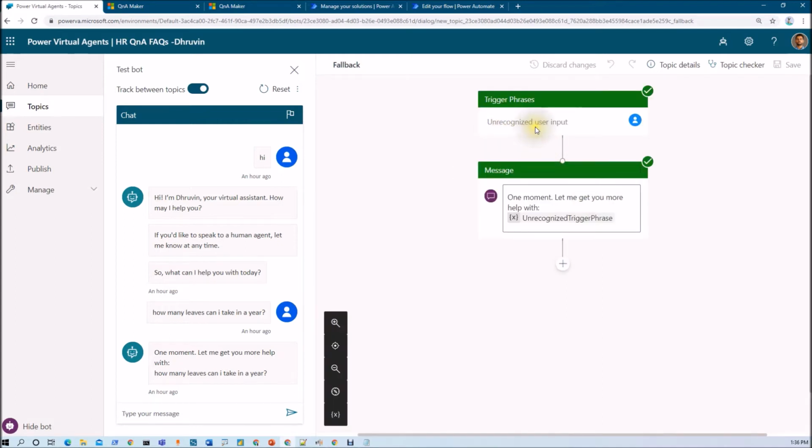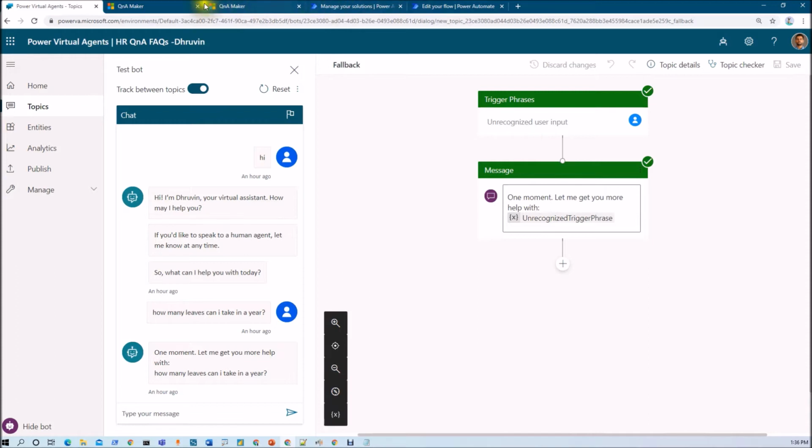We have this trigger phrase which will find the unrecognized input that has been entered by the end user, and it is just printing a message: one moment, let me get more help with this particular topic. Now what I want to do is, for any unrecognized user input, find that question from my Q&A Maker knowledge base.